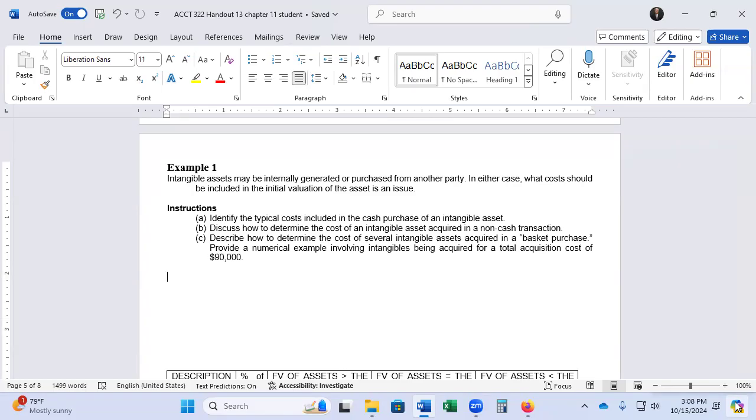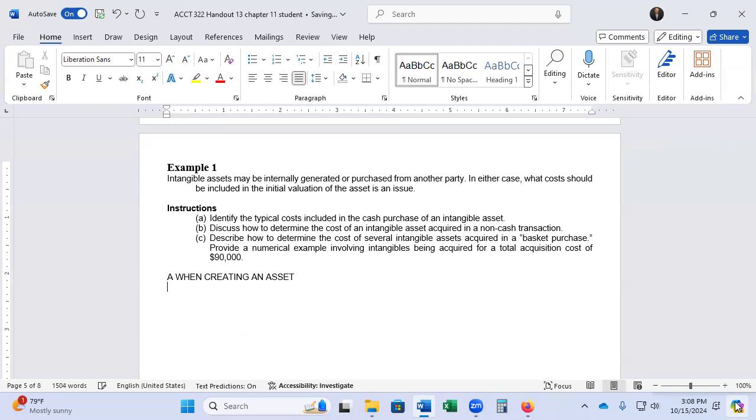Okay, so the first one says, identify the typical costs included in the cash purchase of an intangible asset. So when you're purchasing it, you would just purchase it. So there's no typical cost other than that. But when you're creating one, we include the purchase price. Sorry, did that a little backwards. So for A, it's just the purchase price